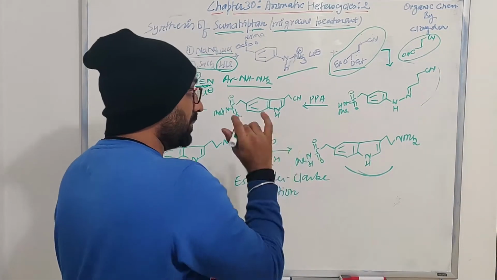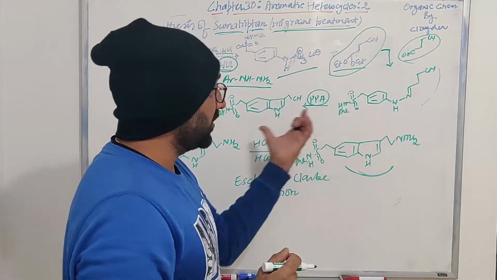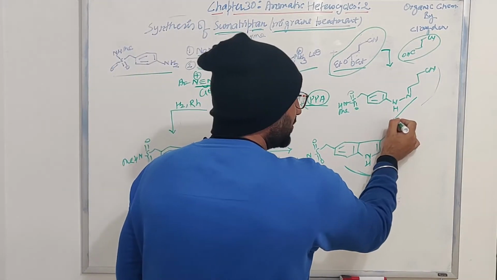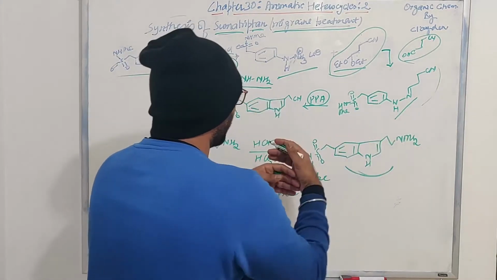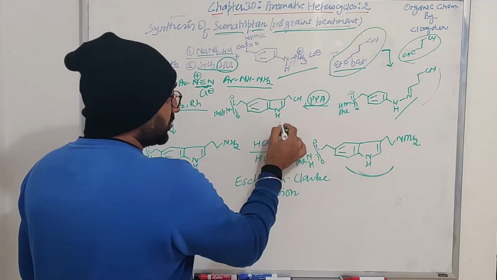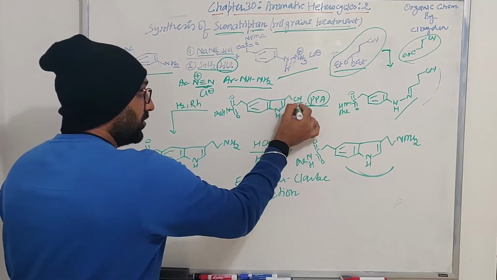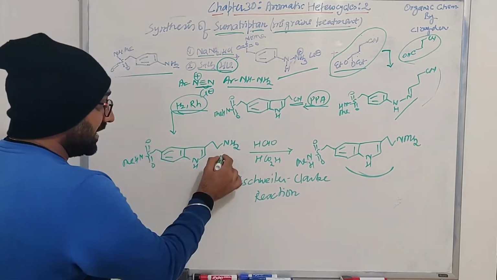So okay, imine formation, and this is nothing but pyrophosphoric acid. So this is one of the acids. So as soon as this is exposed to the acid, which is this hydrazone, हमें पता है कि this will be converted into the enamine and undergo Fisher-Indole synthesis to give us the desired indole. Next step क्या है कि उन्होंने साइनो को reduce किया using H2 rhodium as a catalyst to give us the